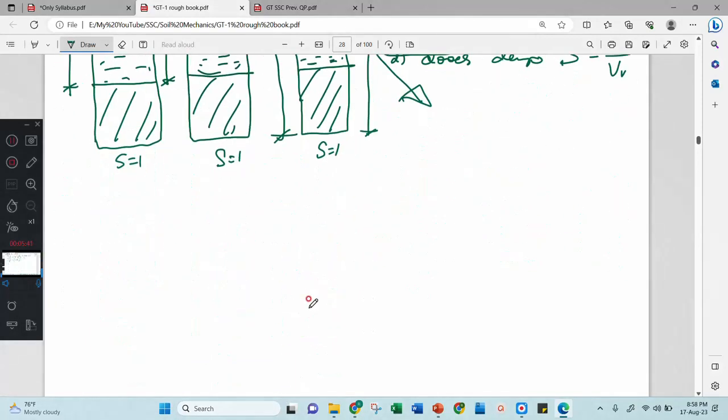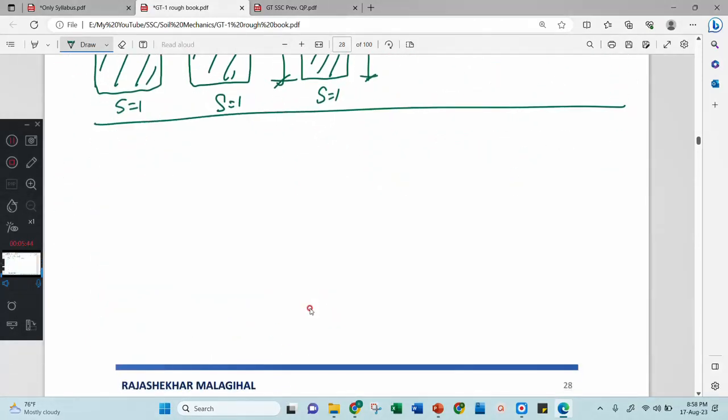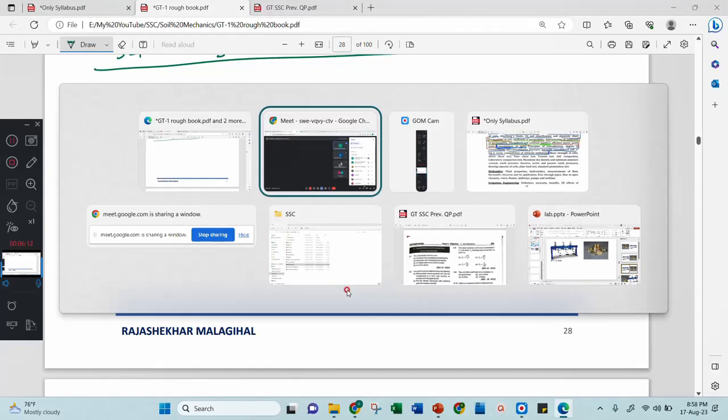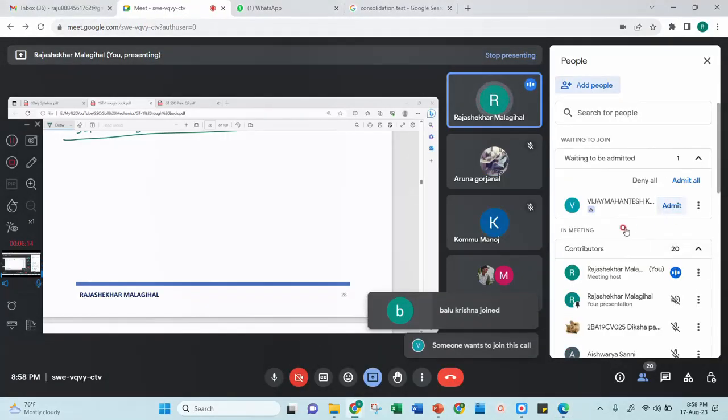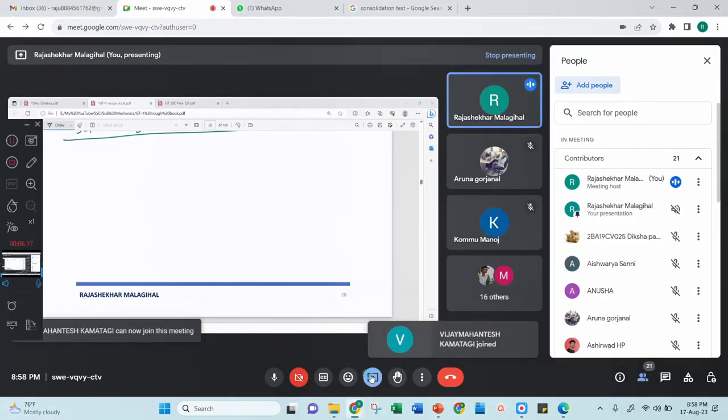Okay, from this we can understand that if you want to study primary consolidation, then the soil must be saturated. Or in the laboratory you make the soil saturated, then you apply the load, then it will start expelling water, then you can study consolidation behavior. Understood? Now we will go ahead with the consolidation experiment. For that I will share some apparatus used in consolidation. Later we'll come back to this rough notebook.